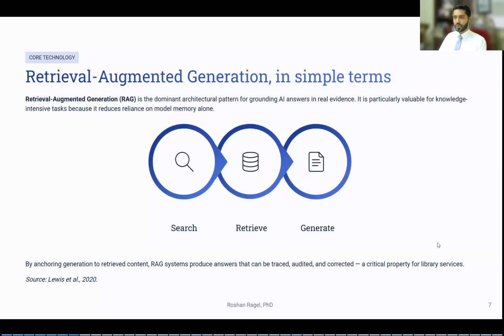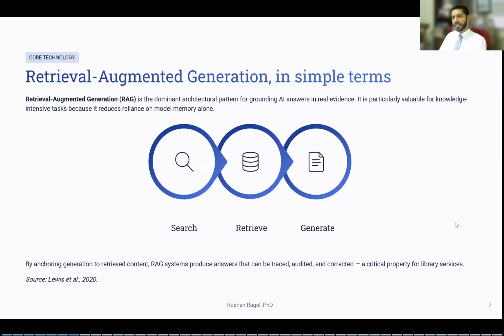So you search within a particular archive, and then you generate information or items based on the archive and within the archive only. So generation, such as generative AI generating documents and information, still happens, but within a limited, trusted set of resources. So that's what RAG is in simple terms. There are technical details, but that's beyond the scope of this discussion.